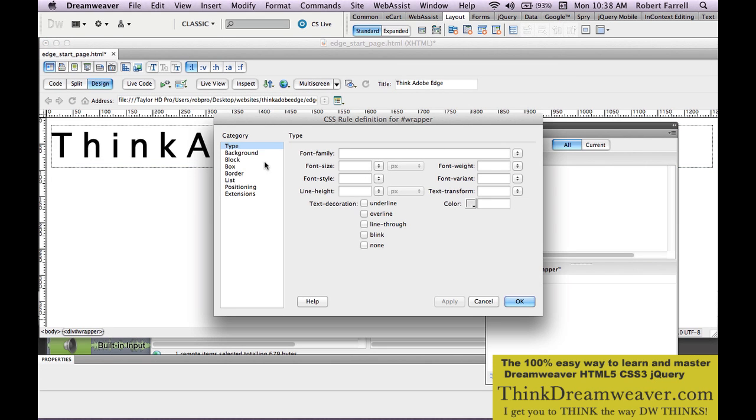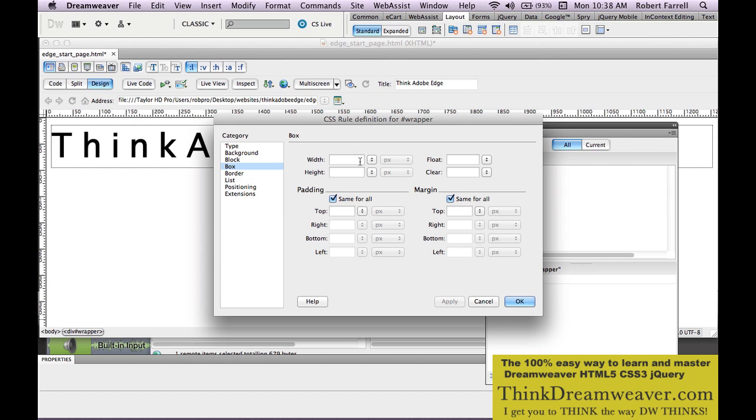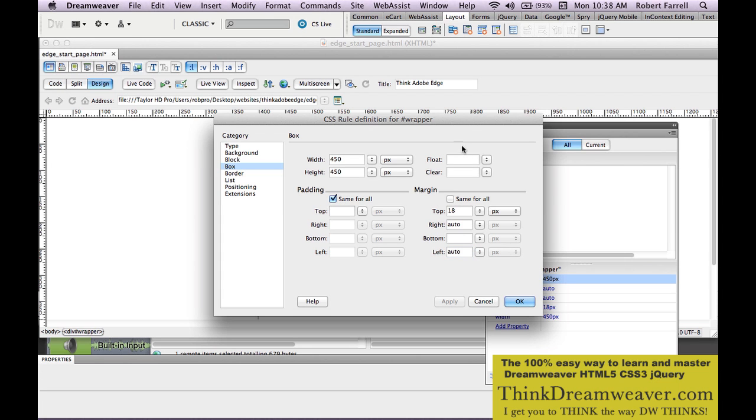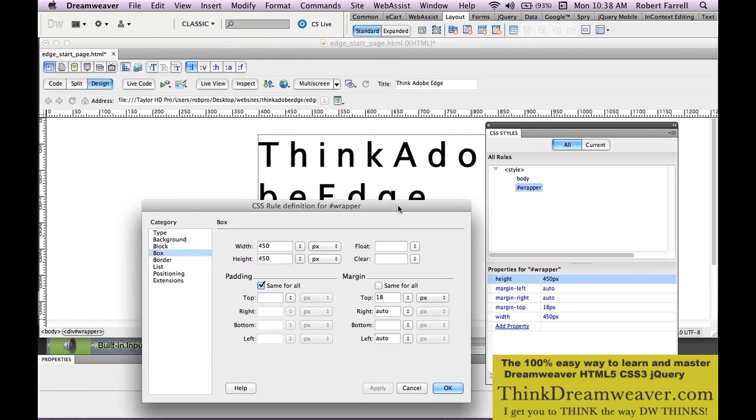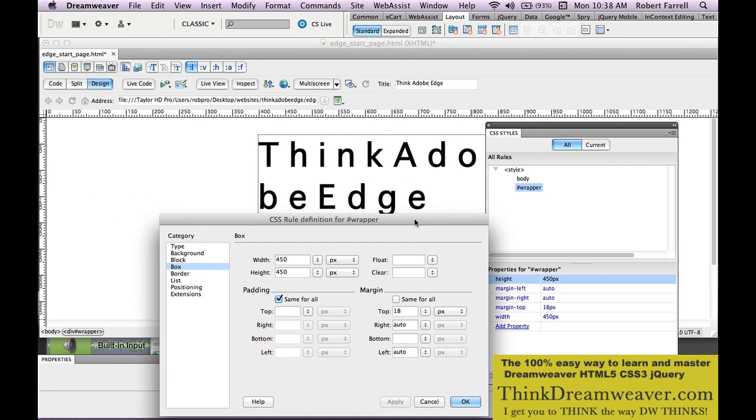So wrapper is going to be, let's make this 450 by 450. We want to drop this down from the top, 18 pixels. We want to put this in the center to the left, center to the right, automatically. Okay, now what I want to have happen here is I want the text,